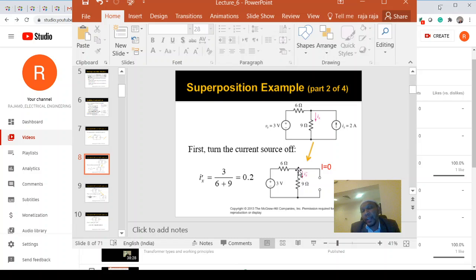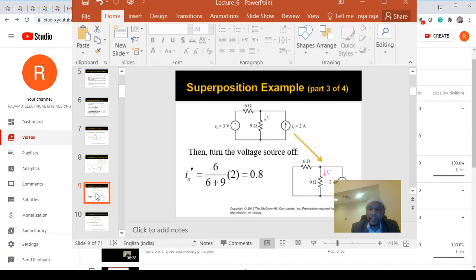So how do I calculate the current in the single loop? Very simple. We apply Ohm's law. I want current I, that is equal to V. Ohm's law, V equals I multiply R. So V is 3 volt and R is the total resistance, that is 6 ohm plus 9 ohm. These two are connected in series, single loop. So we get the result of 0.2 ampere. Okay, you have to write the unit always. And the first case we finished.